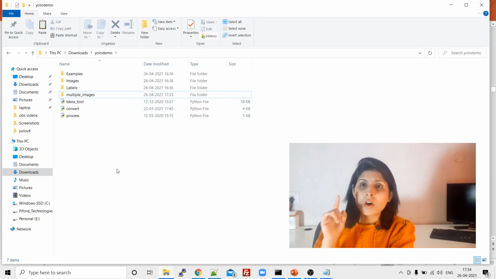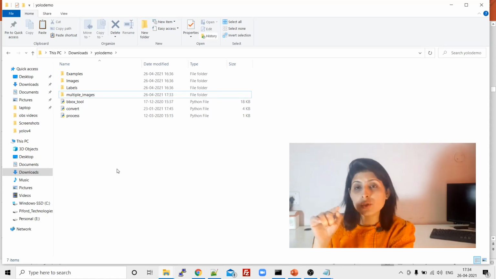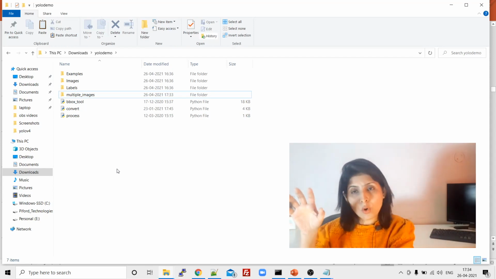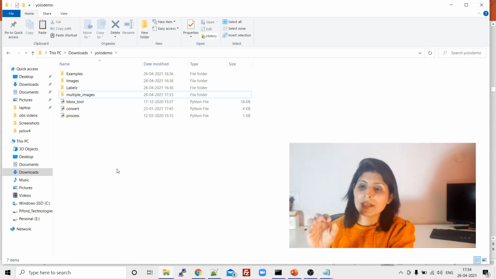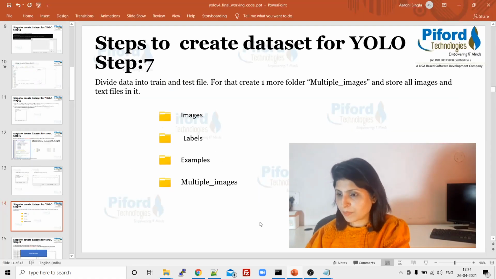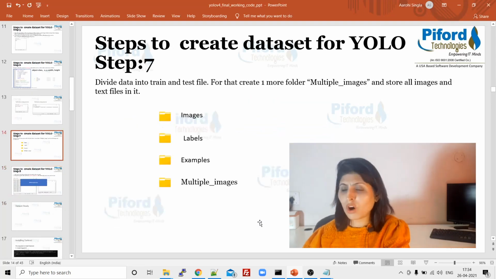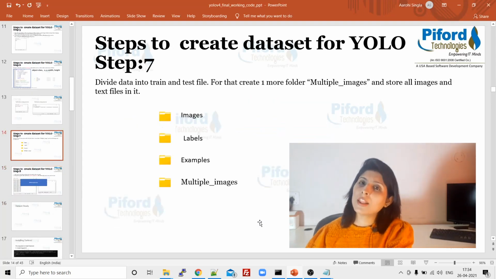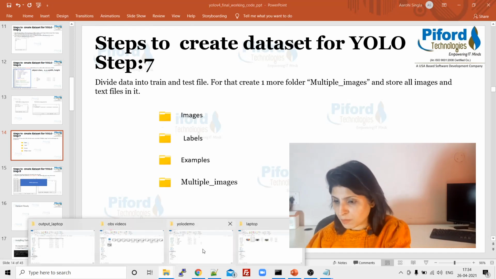And all the text files which are in output underscore laptop folder and output underscore phones folder, copy all those text files and paste them over here. What I'm trying to say is copy everything over here, meaning all the text files related to all objects, right? And all the images related to all objects, paste them in this multiple images folder.